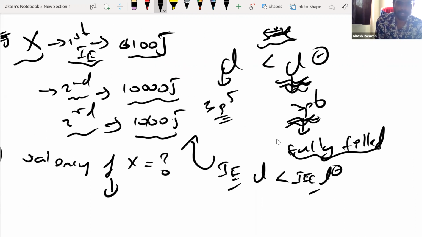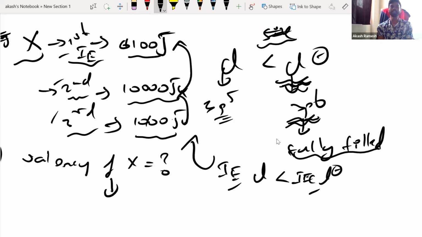Now look at this, people. From this to this, look at the jump, 100 to 10,000. Obviously, when you go from first to second to third, the ionization energy keeps on increasing. That is not an issue. 100 to 10,000, 10,000 to 10,100, the fourth will still be higher. But if you look at the difference in ionization energy, here it is 100 joules, here it is 10,000 joules. See how many times it is increasing. But here the difference is very small.